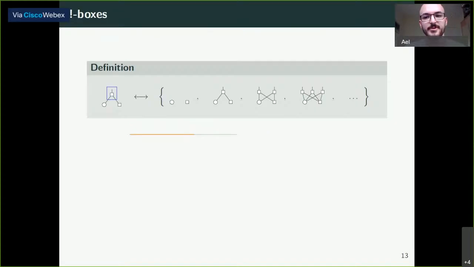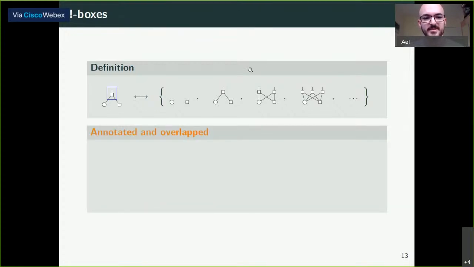First, I need to introduce you to bang boxes. So a bang box is this blue box around a part of the ZH diagram. And it means that what is inside this diagram is either not there, or there once, or twice, etc. Bang boxes can be annotated and overlapped. So annotated, when you label this bang box,